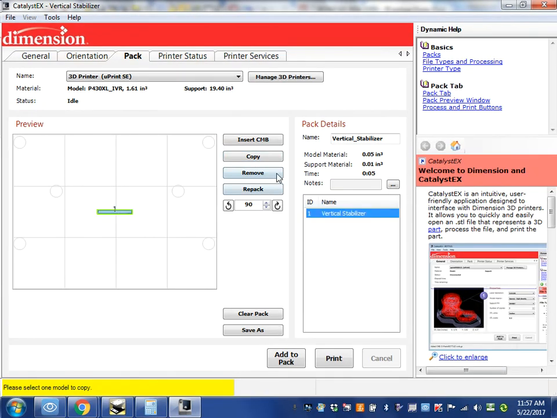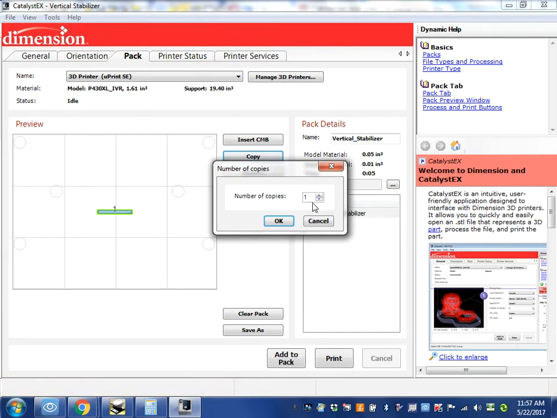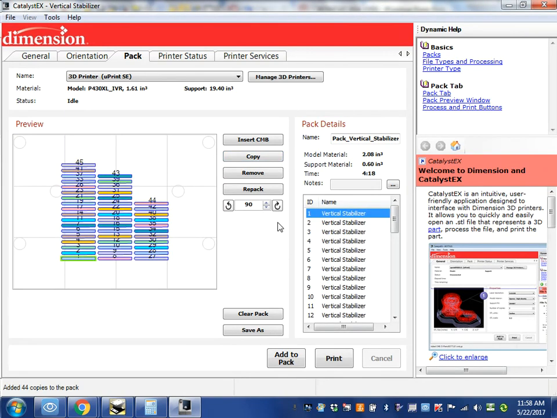Select this model. Copy. Number of copies, 44. Okay. Guys, there's all of our stabilizers. It's going to take 4 hours and 18 minutes to finish, to print all of those. I am tempted to go ahead and start printing them. I wonder what the time would be if